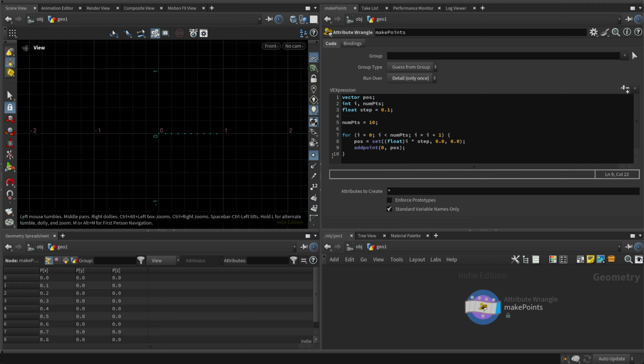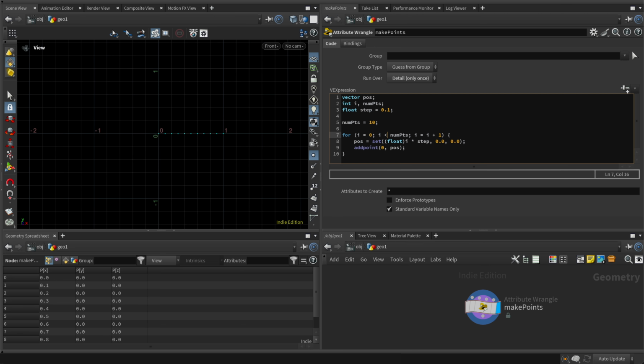And this is happening because as soon as i reaches 10, this comparison becomes false and our loop exits before it executes. So how could we change this if we wanted to? One idea would be to ask for 11 points, and that would allow the index i to make it all the way to 10. Another idea would be we could keep it at 10 points, but change our comparison to be less than or equal to,